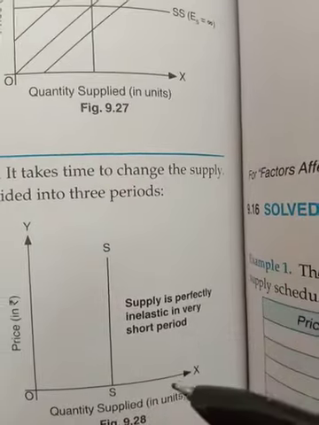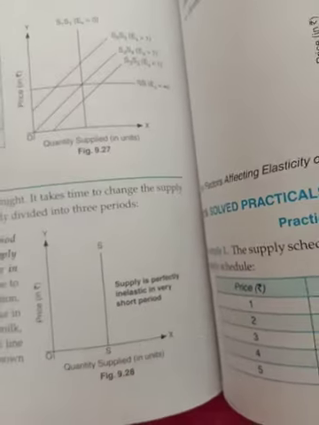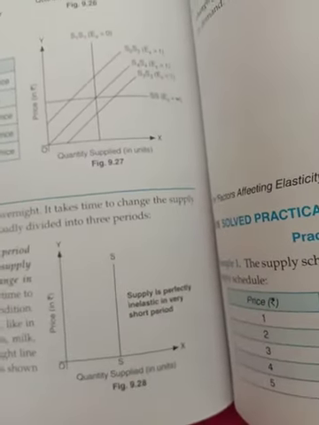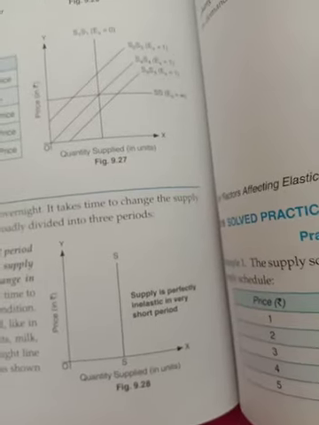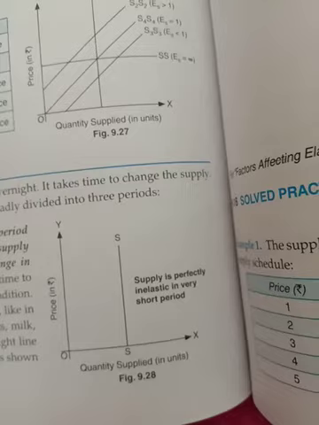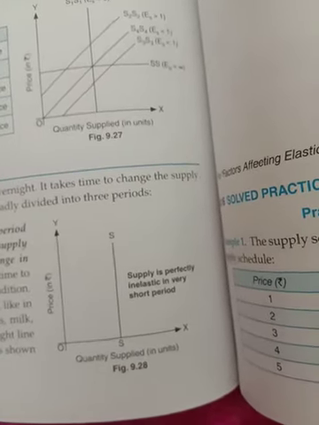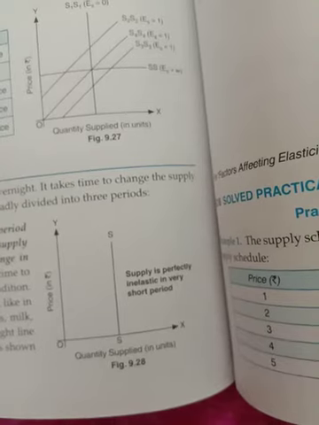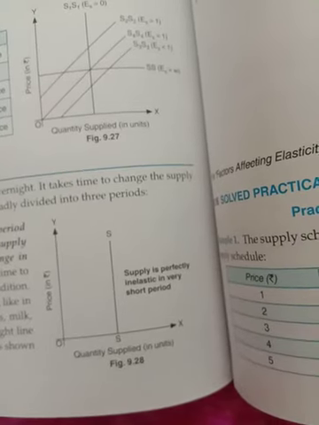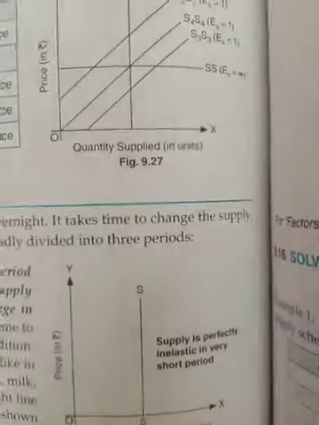Here the supply curve is perfectly inelastic. With a change in price, you cannot change the supply for any reason. If you are talking about goods, they can be perishable goods. If you are talking about the situation, the producer is not in a position to supply with the change in demand. So when supply cannot be changed in response to a change in demand, it is a very short period for the producer.